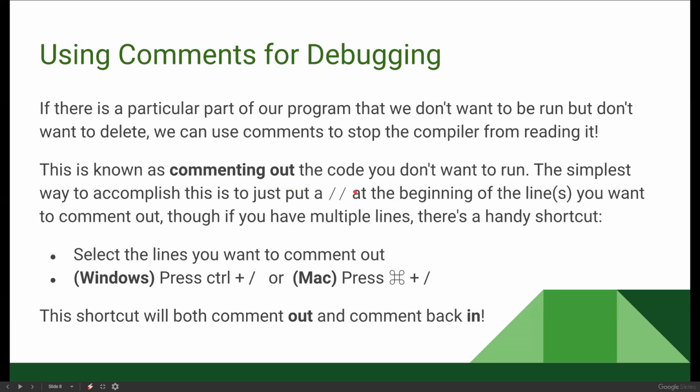The easiest way to do this is to just put the double slash, the single line comment, at the beginning of any line or lines that you want to comment out. You could also put all of it within a multi-line comment, but most development environments have a very handy shortcut where you can select all of the lines that you want